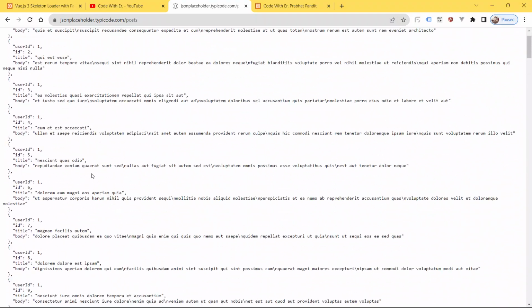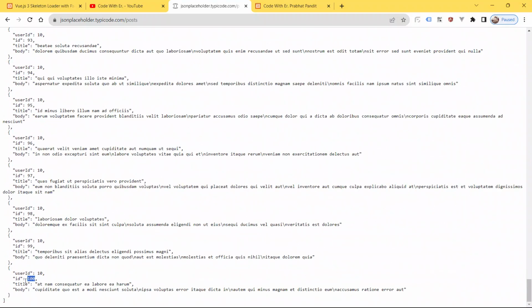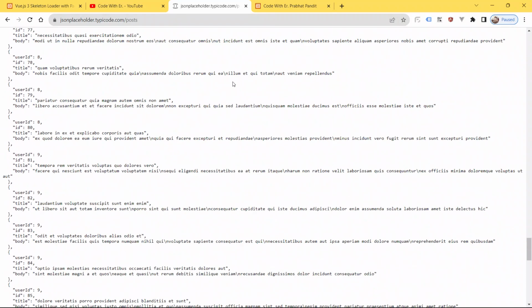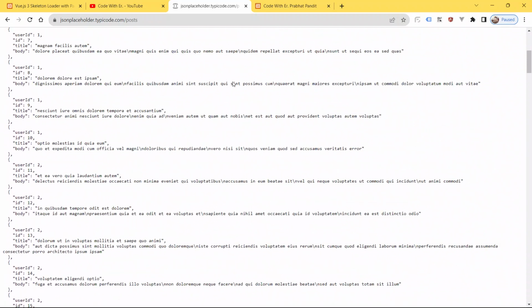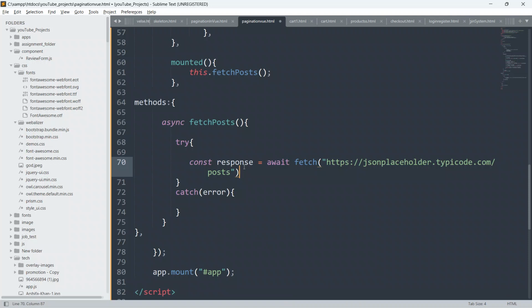We will be using this post just to show 5 posts per page.